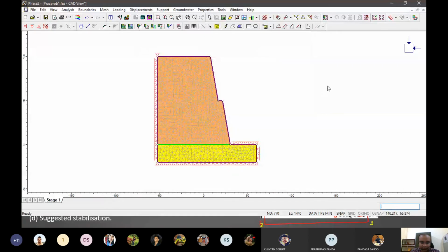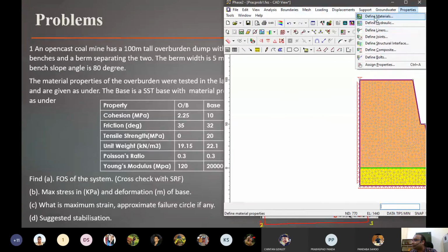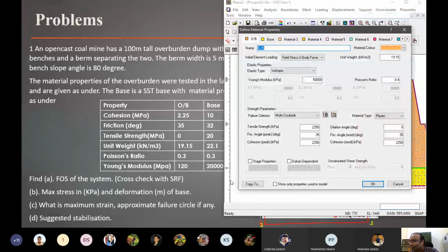Before that, let's put it on half window so that I can see the properties. All right, define material. What else we need? In overburden, we have unit weight. We don't have Poisson's ratio, so let's keep the Poisson's ratio here in kilopascal. So in megapascal it is given.